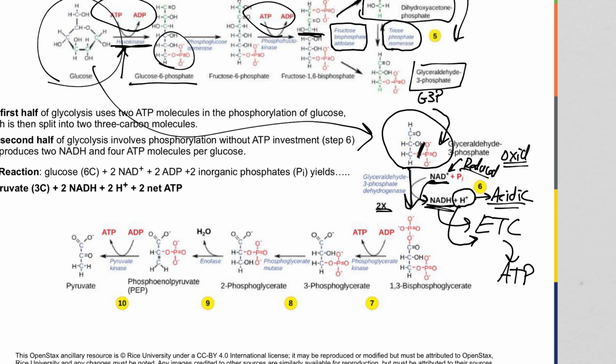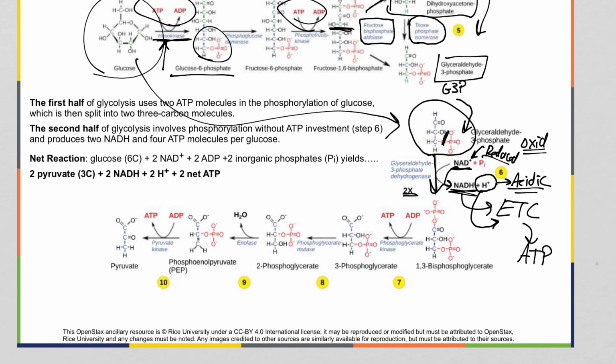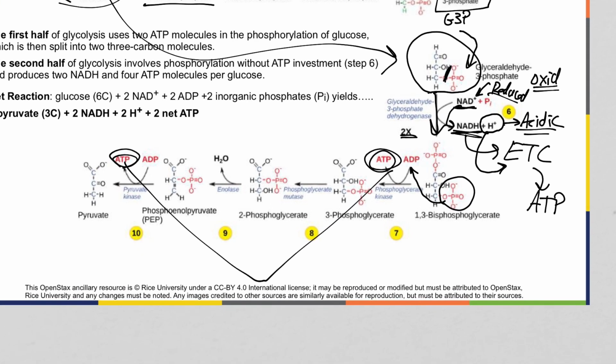That's the burning acid feeling that you get during a really hard workout when your muscles start to have their pH drop lower and become acidic. Okay, the rest of these steps, same concept. I'm not going to go into every little detail, but we transfer phosphates to ADP to make some ATP at 2 different steps. These steps are both called substrate level phosphorylation, and what that means is